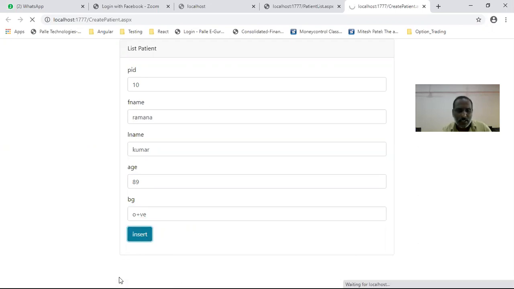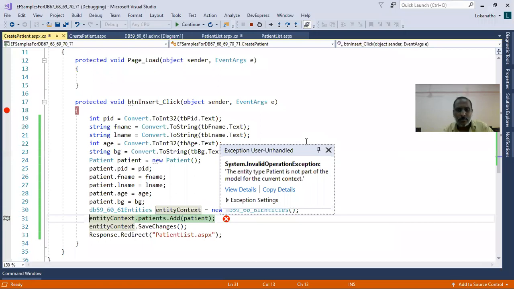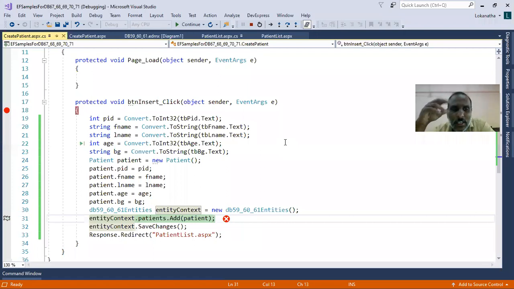Once I click on insert, the call definitely comes here. I am reading the data. Okay. The entity type Patient is not part of the model for the current context. Why is it happening? Because I changed the table name, so that is creating too many problems.